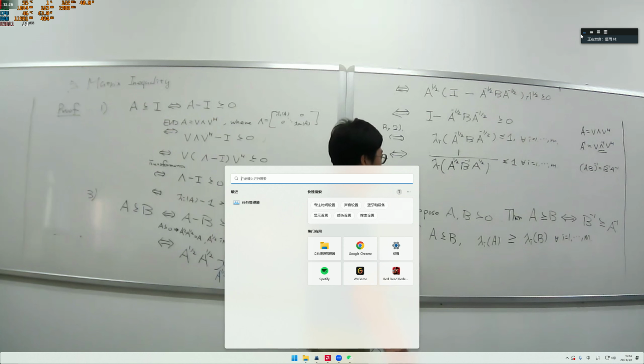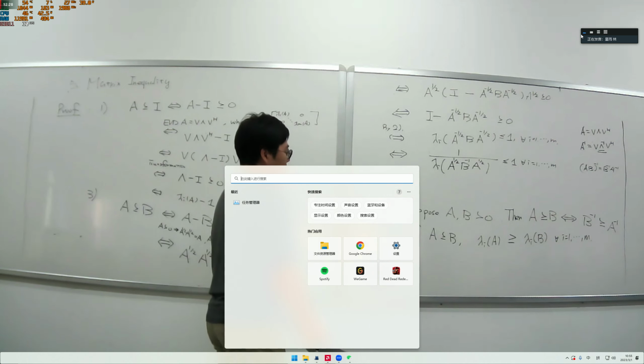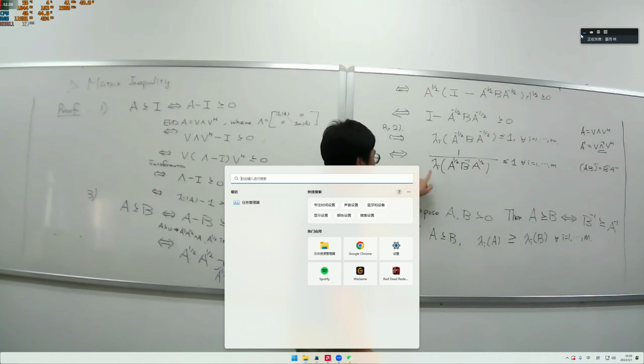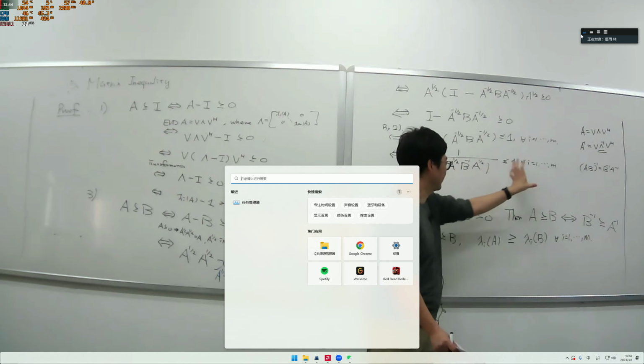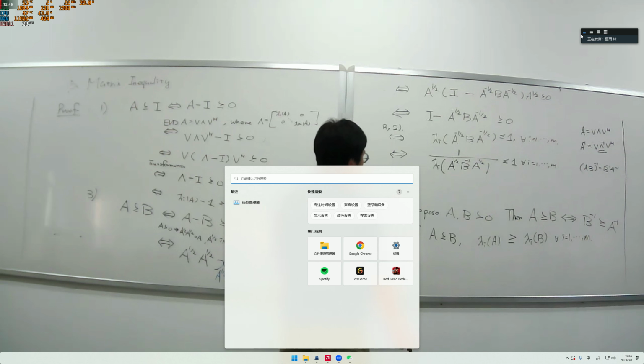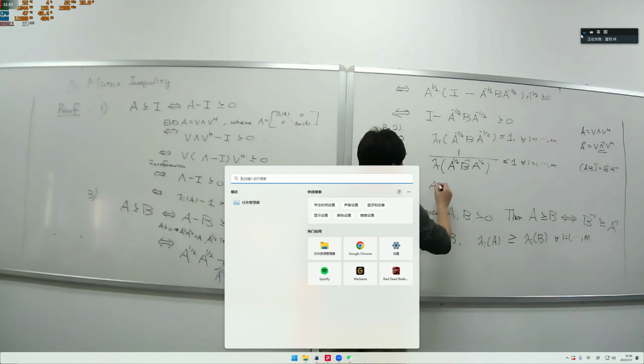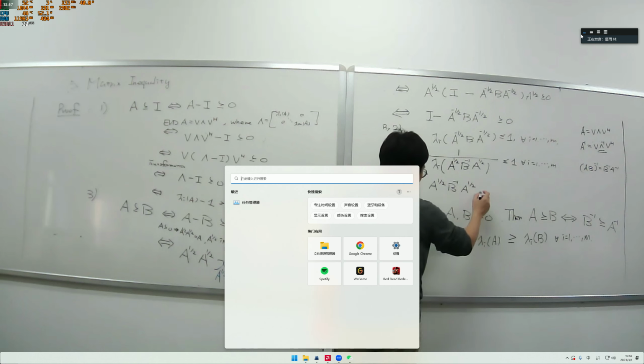So then we have this. This implies the eigenvalues of this matrix are all greater or equal than 1, because 1 over it is no larger than 1. So it means, you multiply this to the right hand side, each of them is greater or equal than 1. Which means then, again by the first property we already showed, A square root B inverse A square root